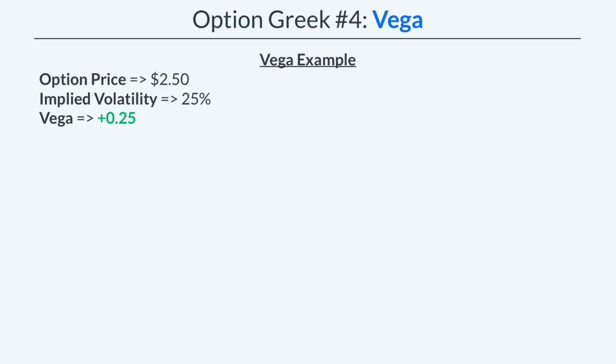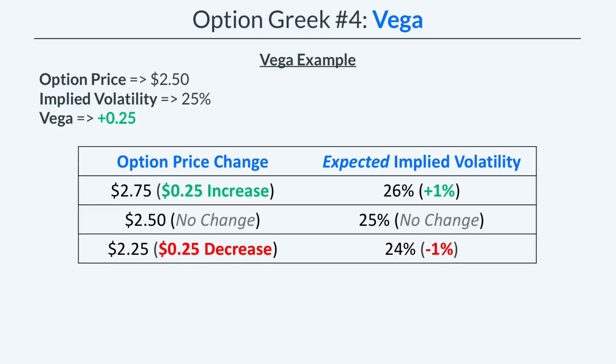So again, let's say our option price is $2.50, implied volatility is 25%, and the option's Vega is positive 0.25 or positive 25 cents. If the option price were to increase by 25 cents, the new expected implied volatility is 26% or 1% higher. If the option price does not change and stays at $2.50, then the expected implied volatility is still expected to be 25%. Now, if the option price decreases by 25 cents, then the expected implied volatility is expected to be 24% or 1% lower. Now keep in mind, these are option price changes based on no stock price changes and no change in